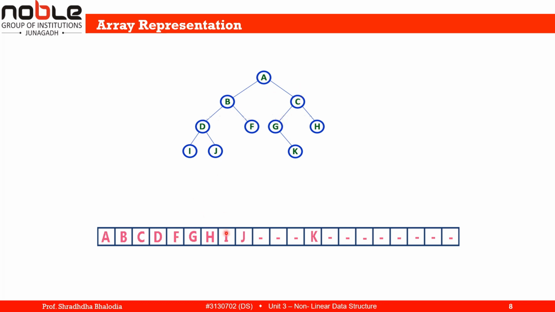here are G, H, I, J, and we are leaving a gap here because in future if F has children, then there are only 2 children because this is a binary tree. So maximum 2 children are available for binary tree. So that's why here we can put gaps. Here we also put another gap for left child of G and also put gaps for the left and right child of H. So this is how the array can represent the binary tree.